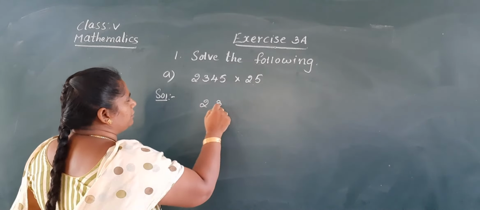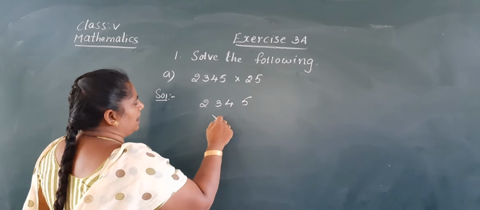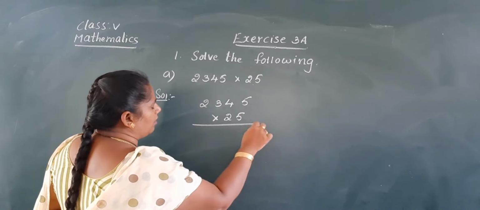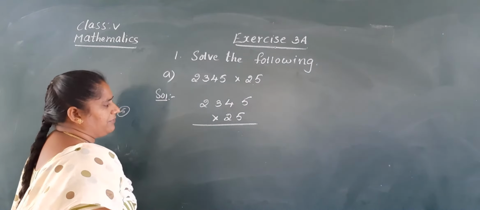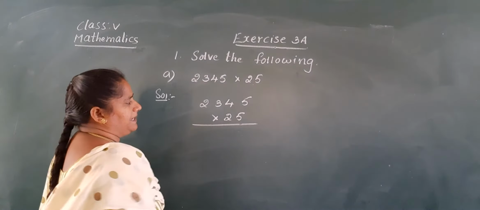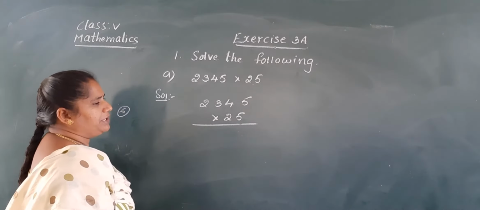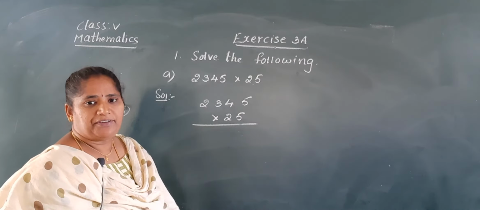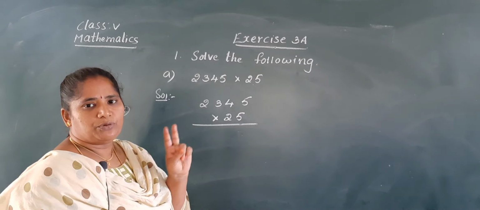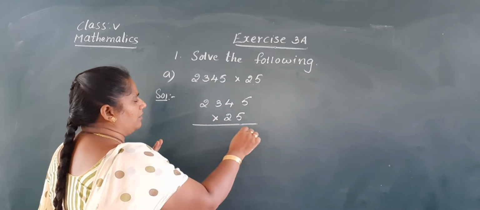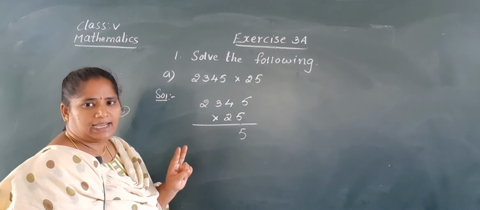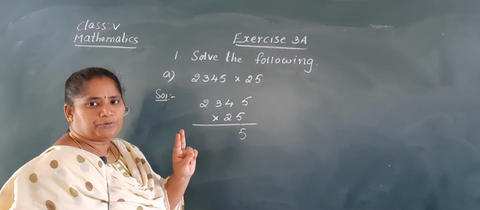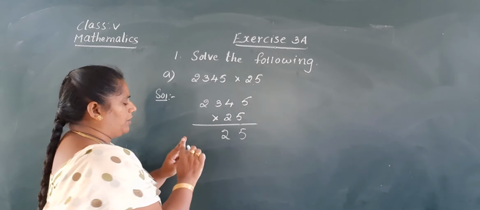Now we will do the multiplication. Arrange the numbers by giving some gap between the digits, and down you should write 25. Now, start from the ones place. My dear children, watch carefully. 5 5s are 25. 2 in hand, 5 is down. 5 4s are 20, 21, 22. 22 means again 2 in hand, 2 is down.